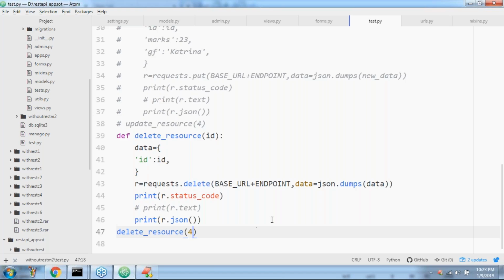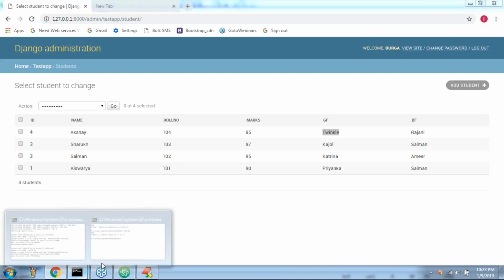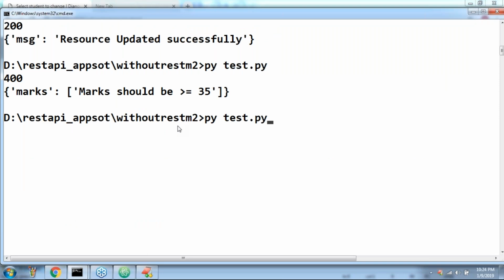ID. Suppose I'm not passing ID, what will happen? If you are not passing ID, then it will become empty. Compulsorily you are required to pass ID, sir. Assume that. Here, if I'm not passing ID, what will happen? Empty dictionary. I'm passing.